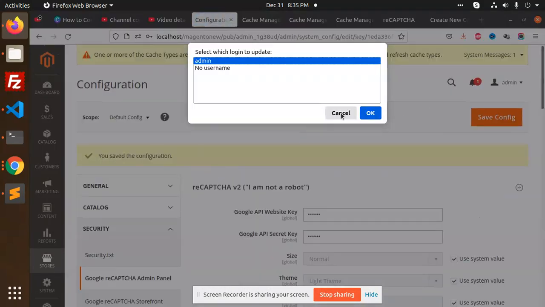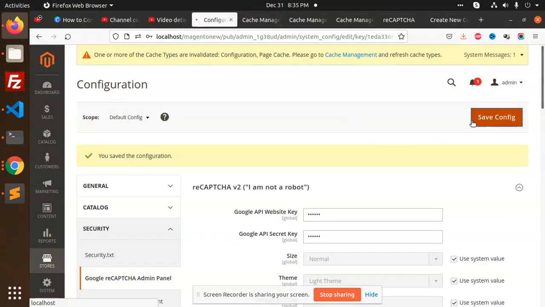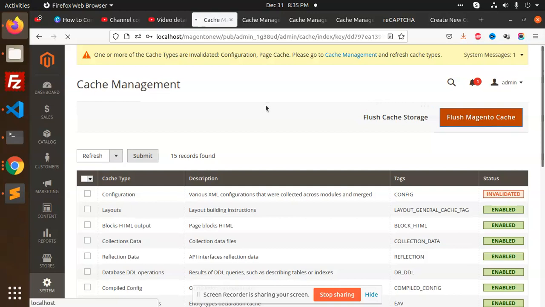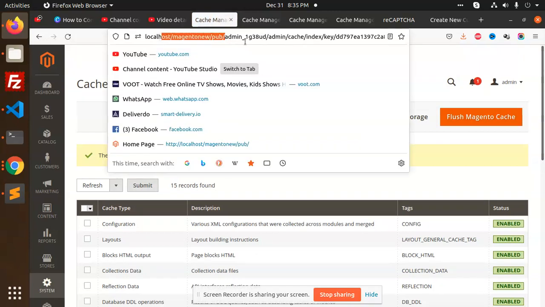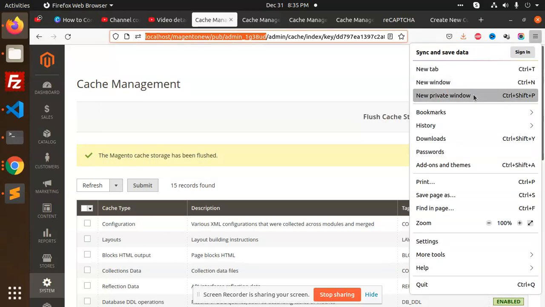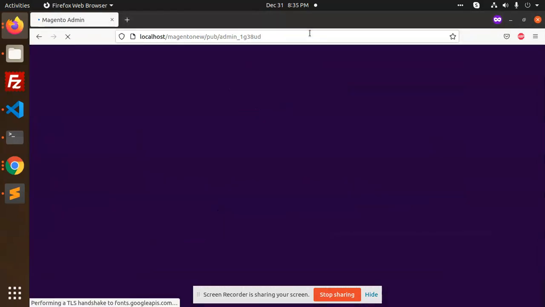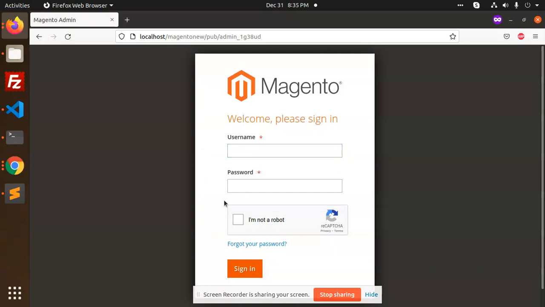Save this configuration. Save. Okay. Cache flush. If I copy this admin URL and open it in a private window, let's check whether the captcha is there or not. See, the captcha is there.